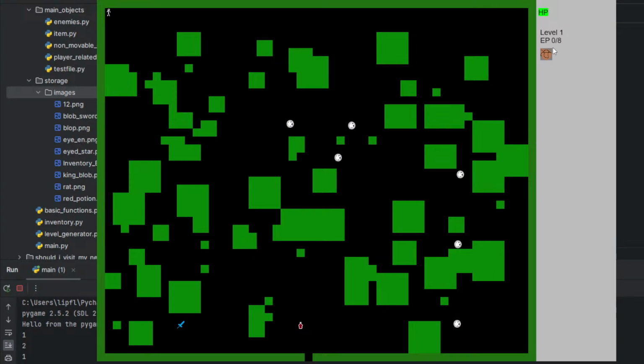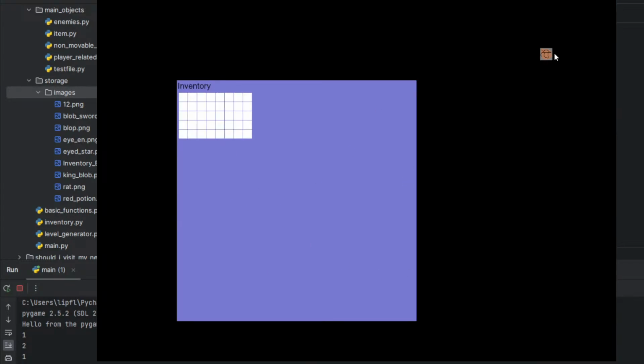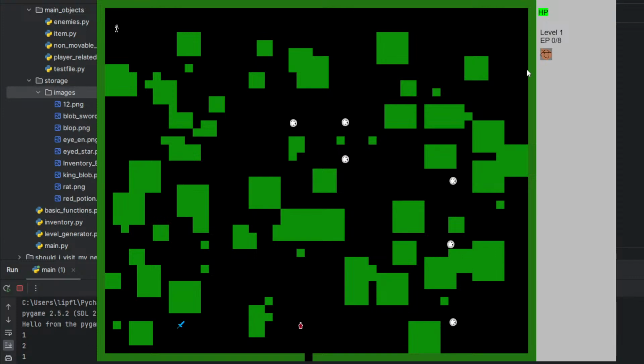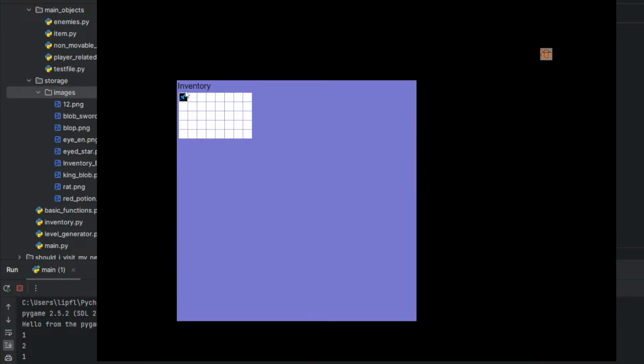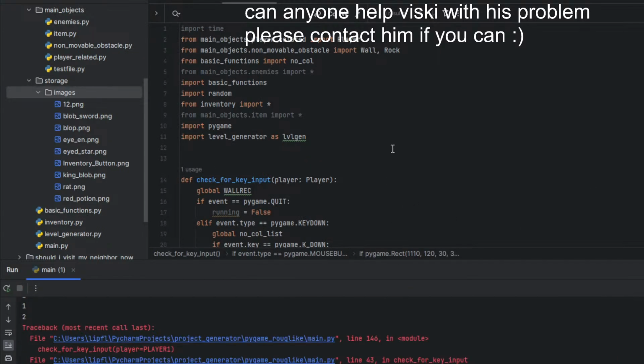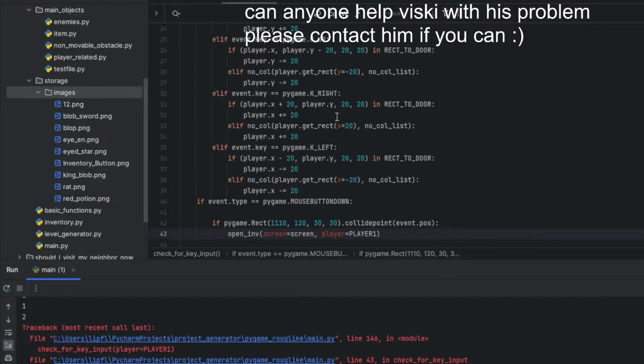Okay. And he only gets the positional issue after I equipped it, because I move the cursor around the right side of the screen. So it has to do something regarding that. Yeah. Equipping it works pretty fine, but when I move the mouse here. 48.